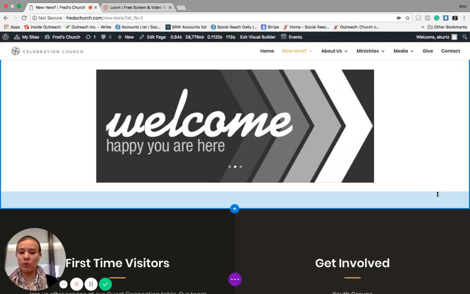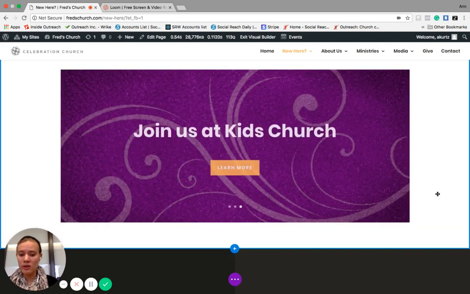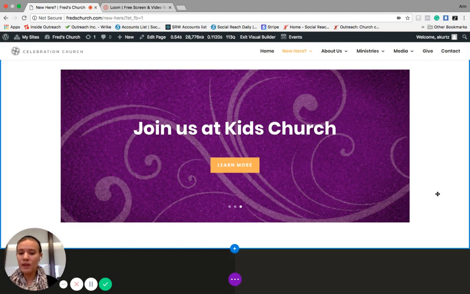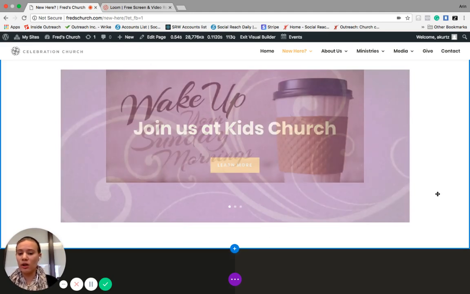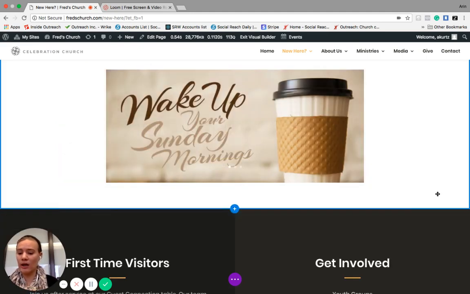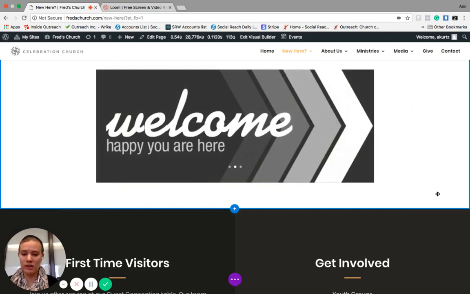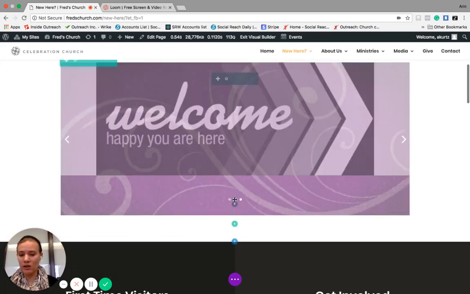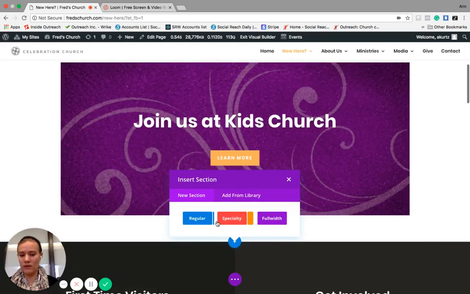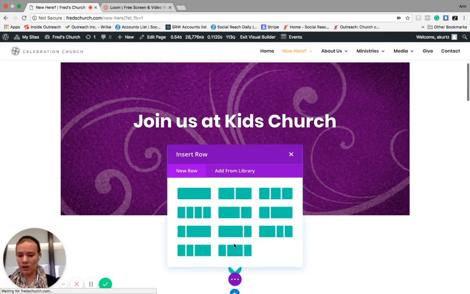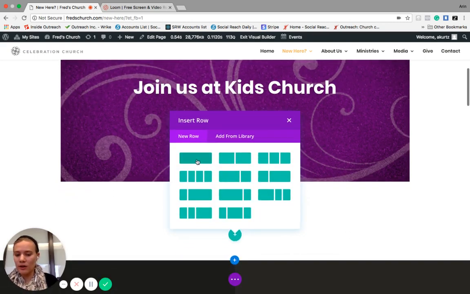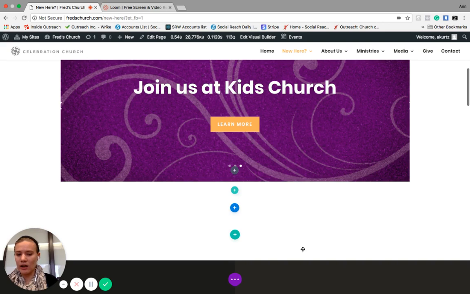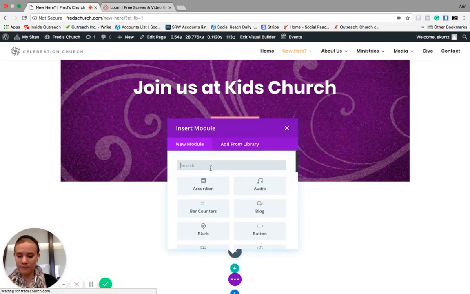So we recommend that you've got one or two specific calls to action, and that if you want to have buttons, you add them not on your slider, because then somebody has to wait until they see the button to click on it. So rather you could just add in a new section of your website like this. We could add a regular row, and we could add a button,